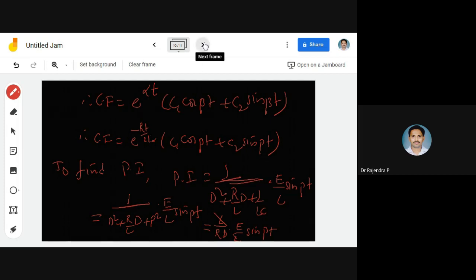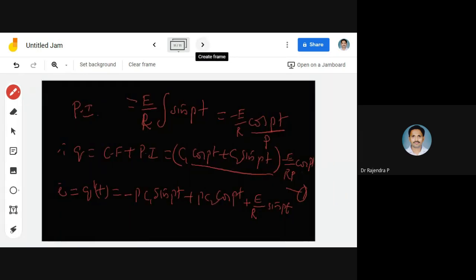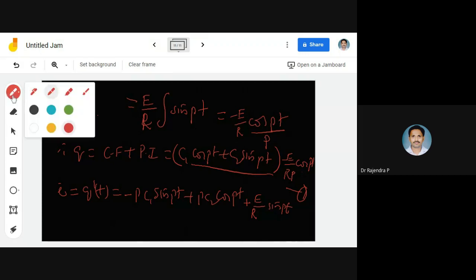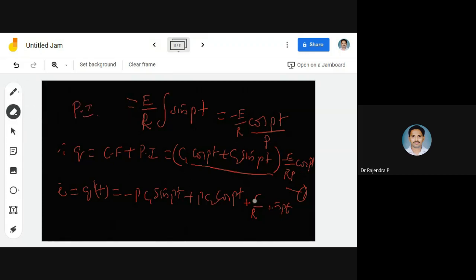I hope you understood now. Okay, before writing this particular one, I have to multiply this with what? Maybe since we are running online, it will be a little bit late compared to regular systems. So into, what is our constant? E power minus RT by 2L. Minus RT by 2L, okay.